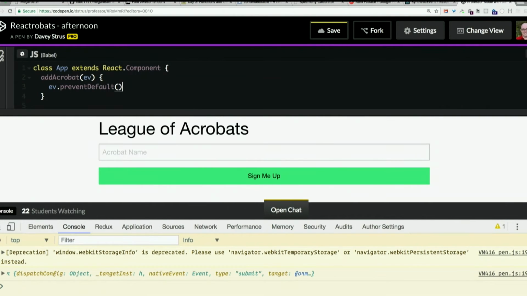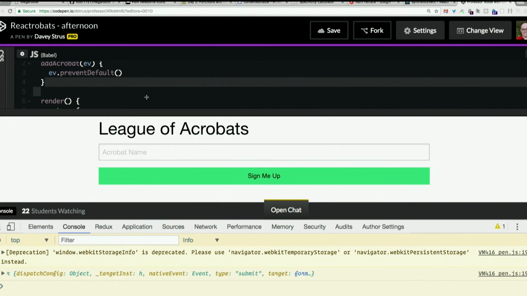All right, now what? What are we going to do with these acrobats? With these names? Well, let's add them to an array, like we did in MegaRoster. We're maintaining the state of our component. And this time there's a mechanism built into React for state. So this was practice, doing it the hard way all by ourselves. So we learned that